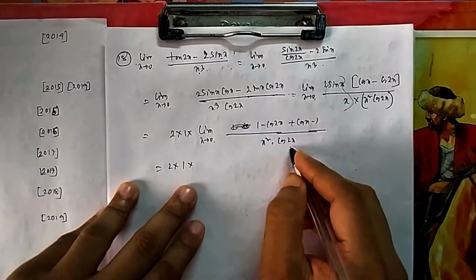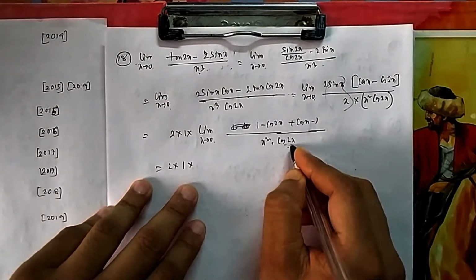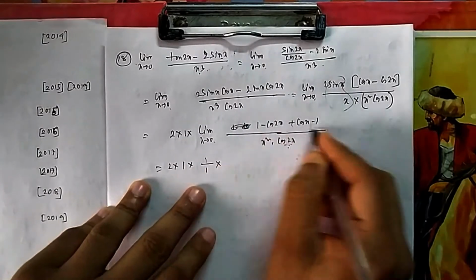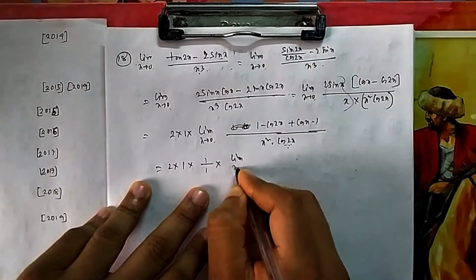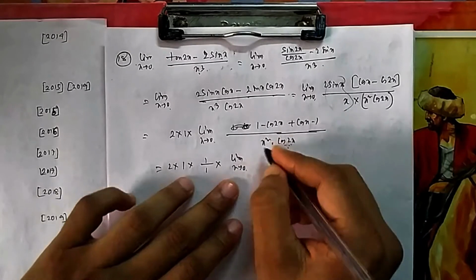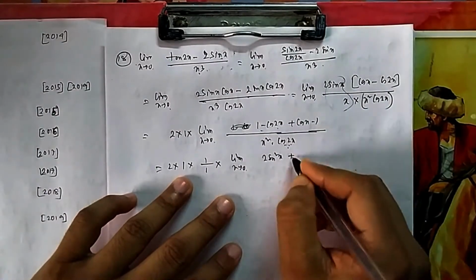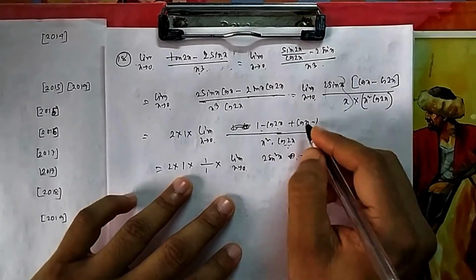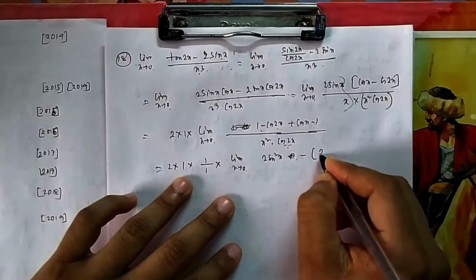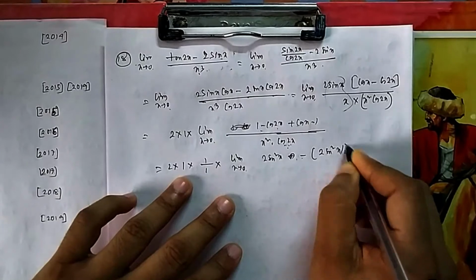So if you put limit x tends to 0, 1 by cos 2x, 2 into 0, is 1. So this also I bring in here, and I am left with this. Why am I left with this? Because 1 minus cos theta is 2 sin square x, and here also I can write 1 minus cos, and if I give a minus, 1 minus cos, this will also give you 2 sin square x by 2. So what is the benefit?